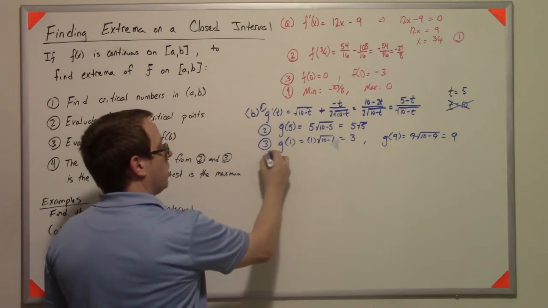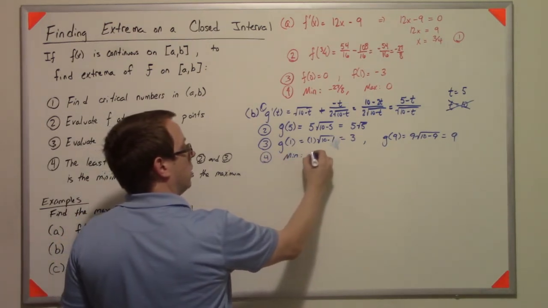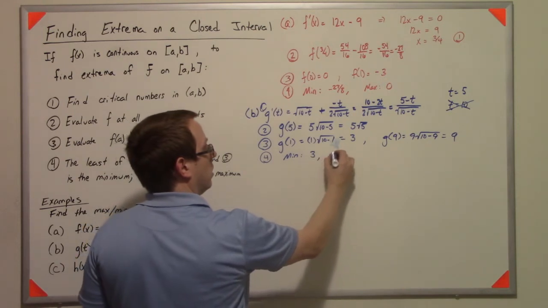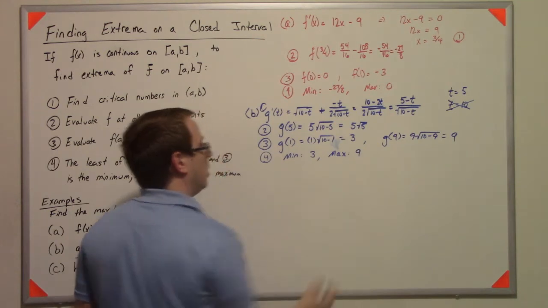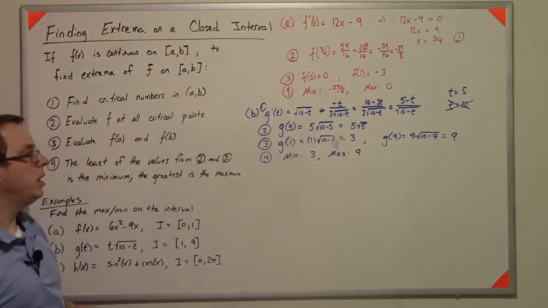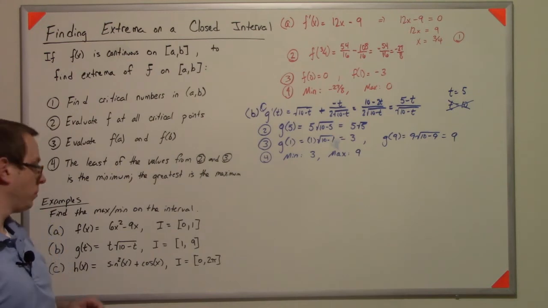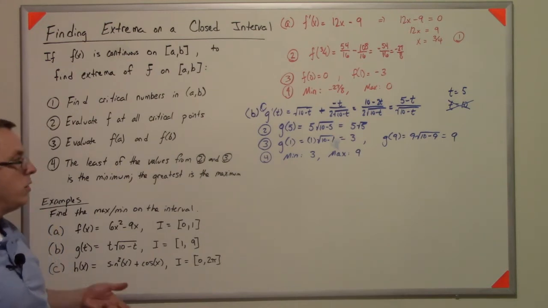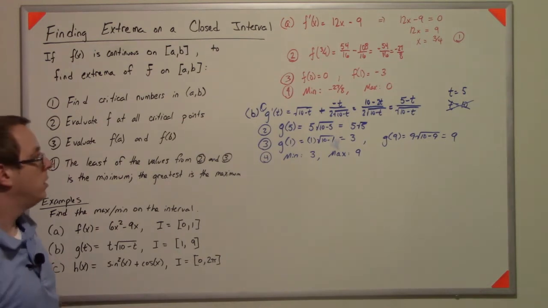So in this particular case, my minimum is 3, and my maximum is 9. So I didn't even need the critical point there. It's kind of neat. So after that,